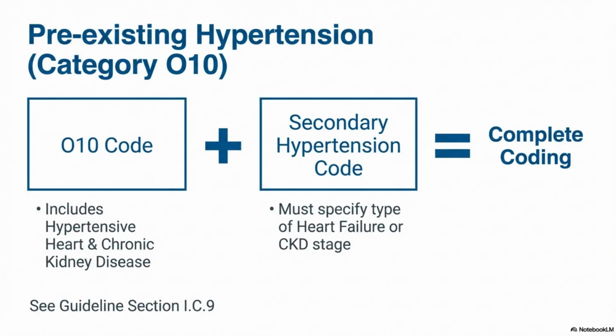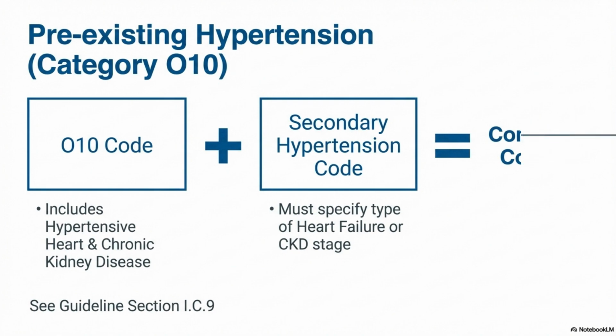If the patient also has hypertensive heart disease or chronic kidney disease, the documentation must support additional detail. In those cases, you'll also assign the specific type of heart failure, when applicable, or the CKD stage, when chronic kidney disease is present. This combination ensures the record reflects both the pregnancy-related impact and the patient's baseline cardiovascular or